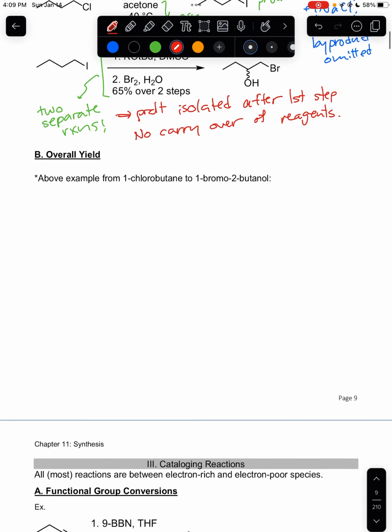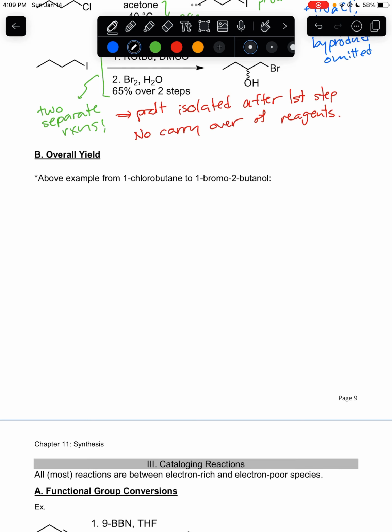Okay, so that's an important point. And in thinking about synthesis, often we talk about overall yield. This is easily understandable why we would be interested in calculating that, because